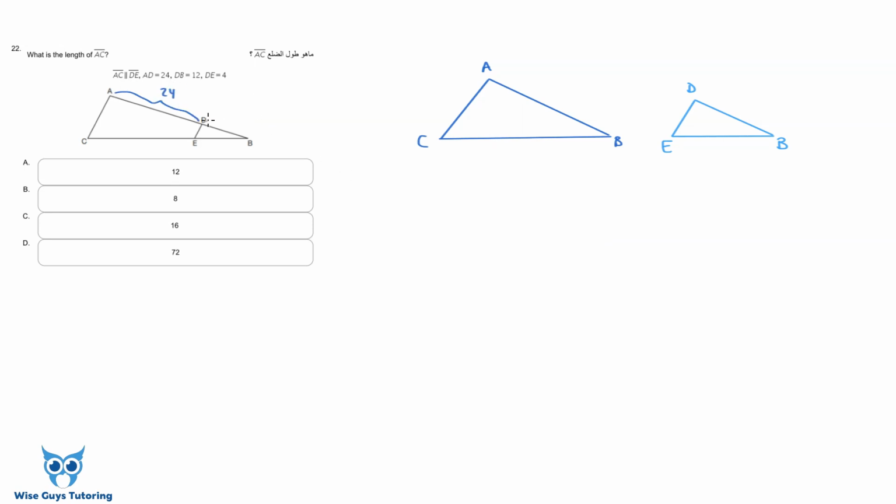DB is 12. So this part here is 12. Well, what this tells me is that AB is 36. So here it is, and DB is 12. So why don't I put it over here? We also know that DE is 4. Here it is. Okay. So first, before we can do any ratio thing that I was talking about, we first